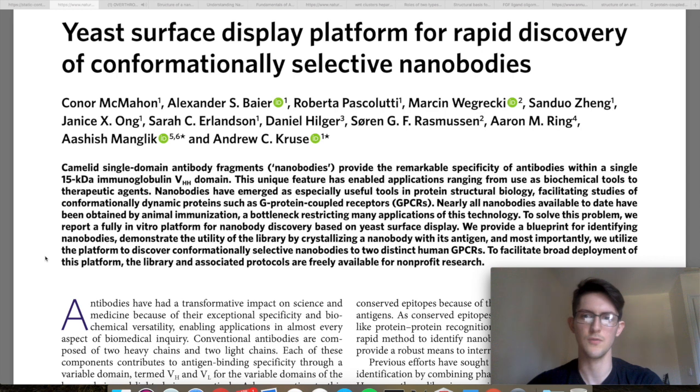Obviously, since these were discovered, it's been noted that they have enormous potential for at least structural biology, and maybe as drugs, but we haven't quite got there yet. But a bottleneck, as stated here, has been obtained. It requires animal immunization, which takes a lot of time, is expensive, and can produce quite a massive number of